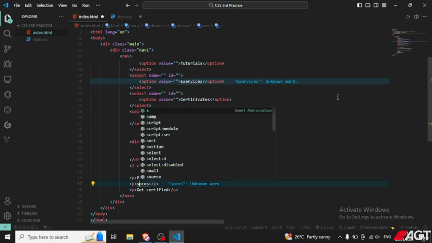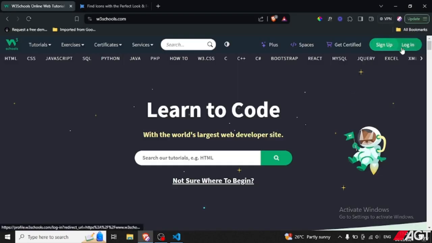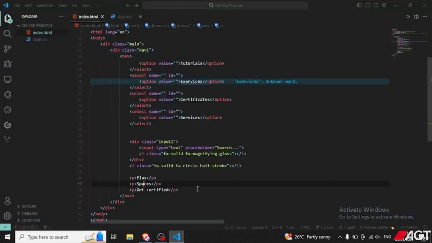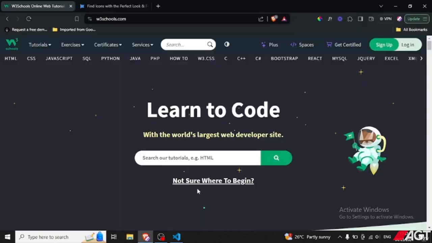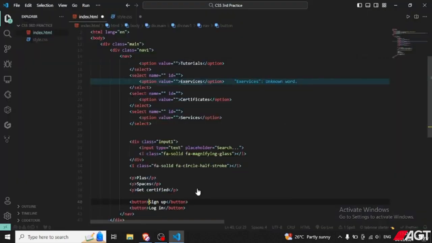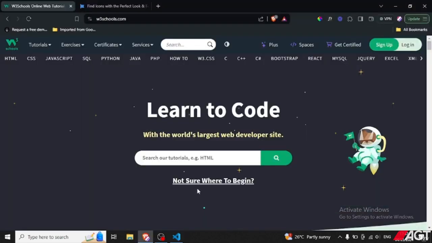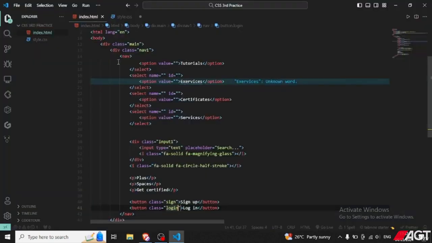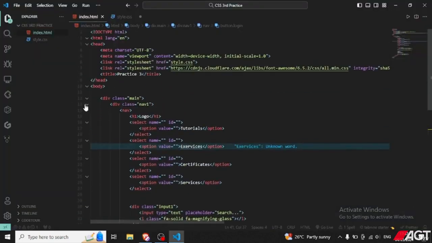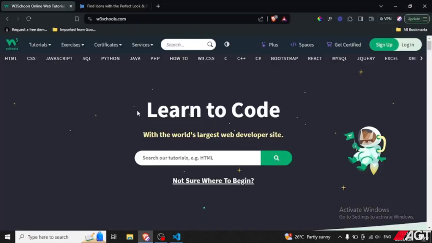The next thing is this one is buttons. So wait. Okay, so sign up and login we can do with buttons, which is sign up, and the next one is login, and I will give them ID class. So class and login. Okay, now it's good. The next, now we have to create. So we have now one. Just close this, and the next thing is I will write